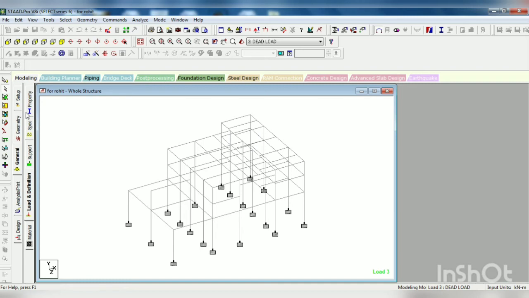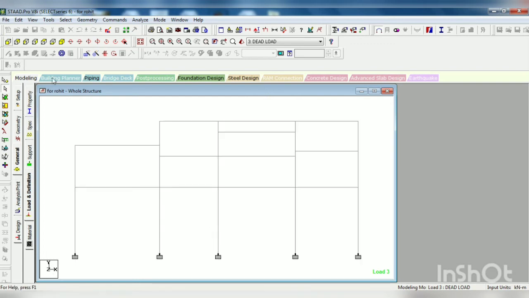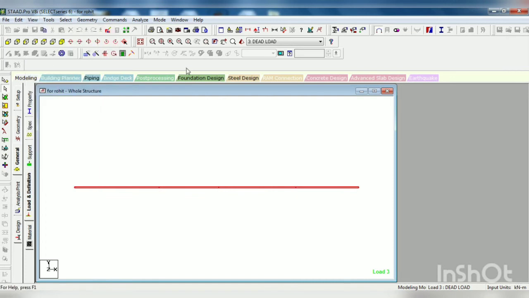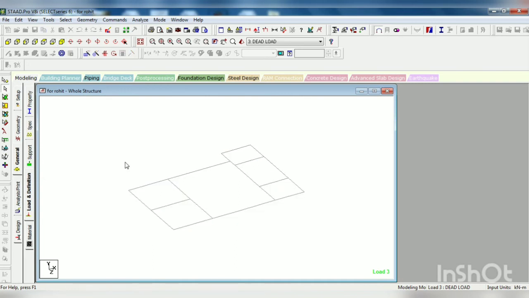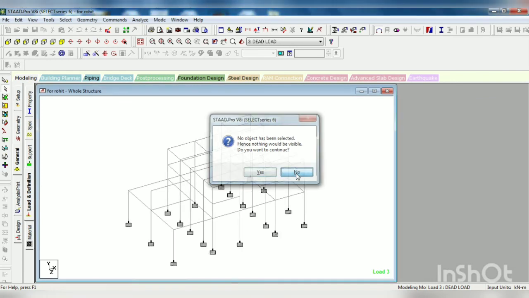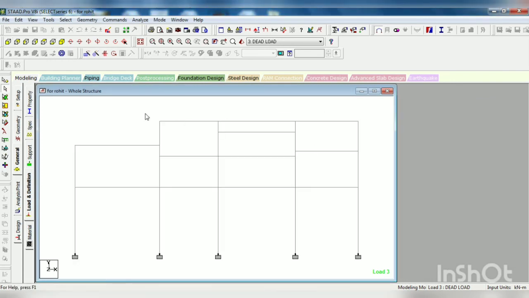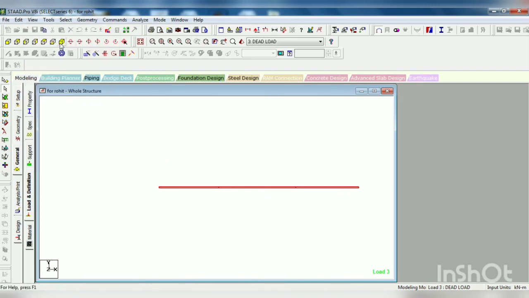Now next is my favorite, view selected objects only. Suppose you select this and you want to see only this view, press Alt VV, and this will show us the selected objects only. This is my favorite, Alt VV. I will show you once again. If I just want to see here, then select the part that you want to see and press Alt VV. This is my favorite shortcut key.